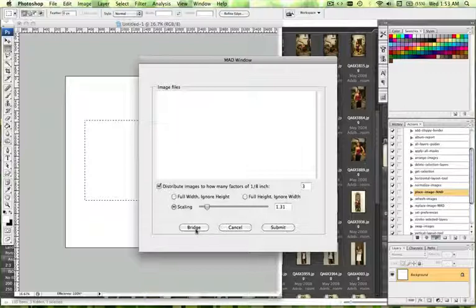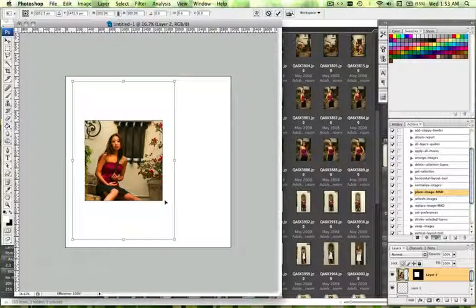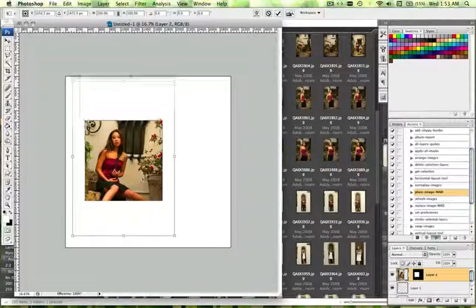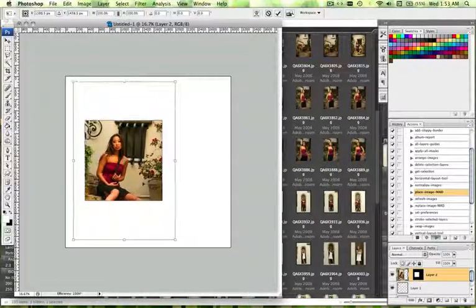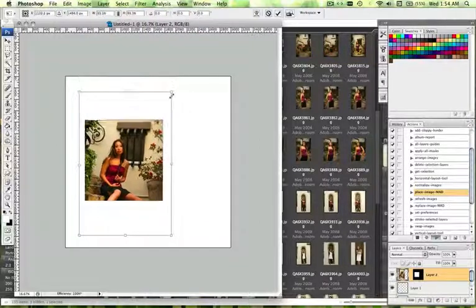So after we're done, we click Bridge, and then it brings it in. You can see how the image it brings in is now a bit larger than the original marquee area. Whereas before, if we hadn't changed the scaling, it would squeeze it in completely to fit at 100% frame. So now we can adjust the scaling by making it smaller to fit